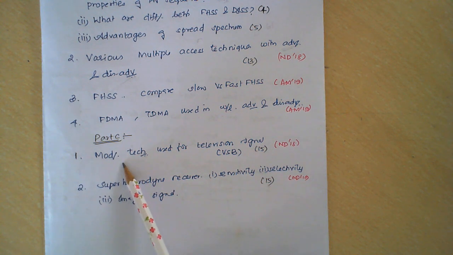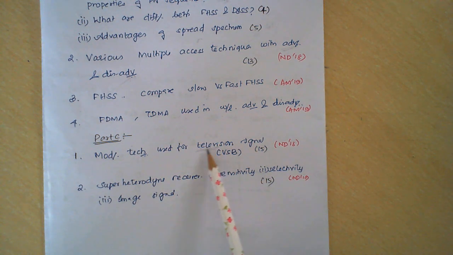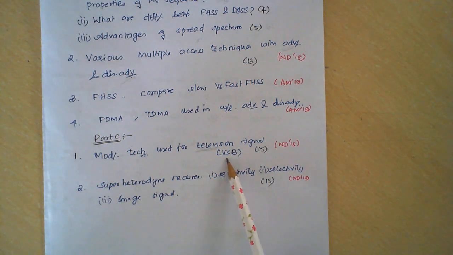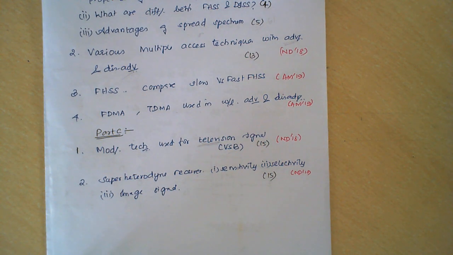Under part C, modulation techniques used for television signal is asked. Television, if you see the name, it is nothing but vestigial sideband. Whenever you see the word television, you write about vestigial sideband. It is allocated 15 marks. And next is the superheterodyne receiver, which is asked in terms of sensitivity, selectivity and image signal. They haven't specified what type, so you could go with any type of superheterodyne receiver you know. Under part C, another 2 questions under April-May 19 are big questions,